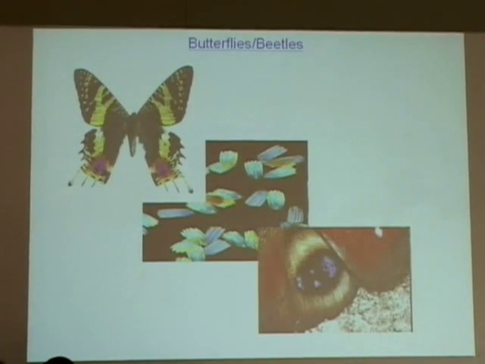These are scales of butterflies. And never until I started looking at this research did I realize butterflies actually have scales, but you're going to see that they're full of scales. And when they plucked off those scales and they looked at them under a microscope, they see that they're really